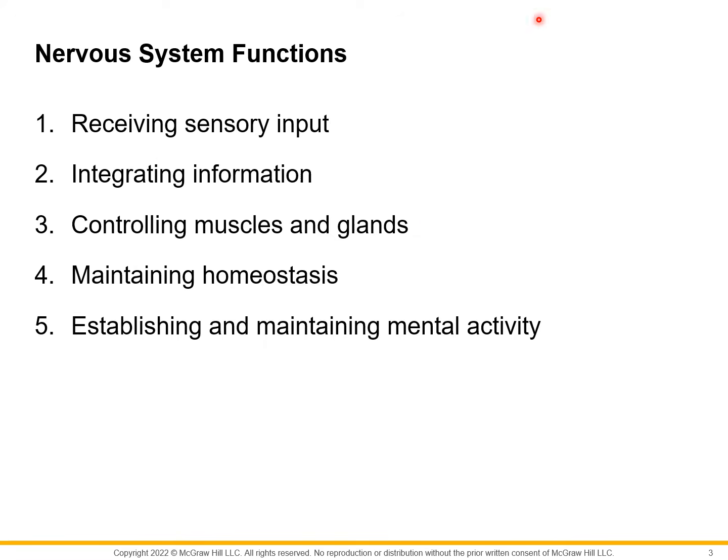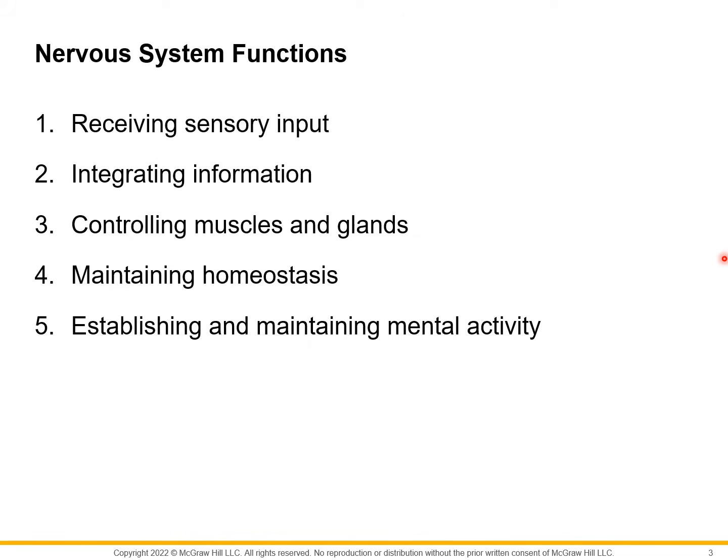Next is controlling the muscles and glands. So this is applicable both for voluntary and involuntary muscles. Yung brain pa rin po yung responsible sa pagpapakilos sa kanila. Ang pinagkaiba lang po is that voluntary muscles, sinasadya natin or tayo yung nagdedesisyon para kumilos sila. But for involuntary muscles, kahit hindi natin to sadyang isipin, yung brain na yung bahala na magpakilos sa kanila as necessary or as needed. Next is maintaining homeostasis or balance.